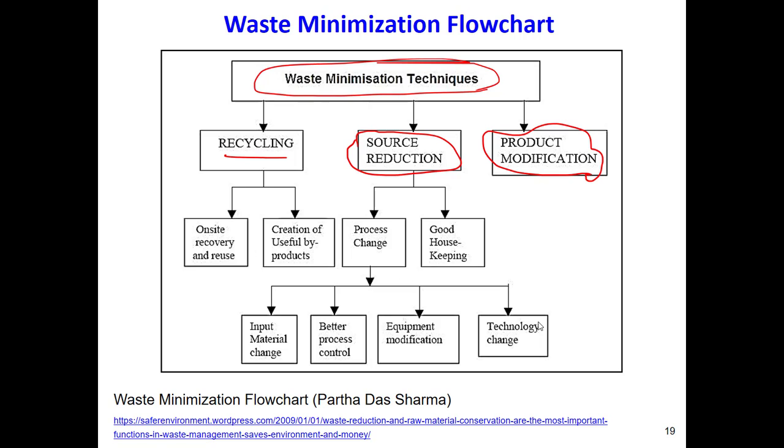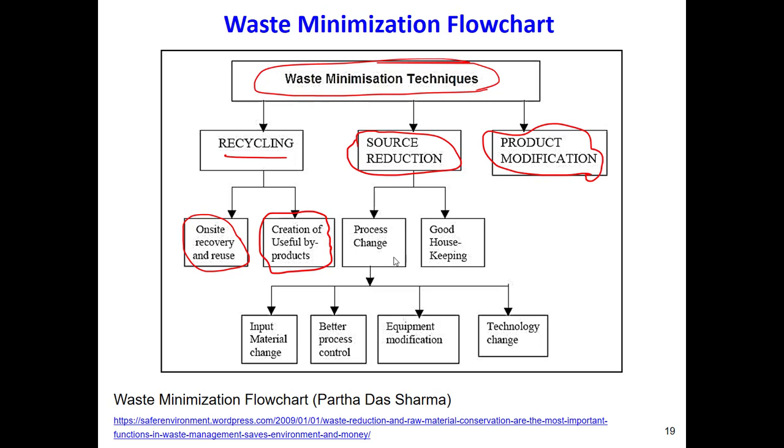Then okay, recycling, it can be on-site recovery and reuse. We can, let's say, use separators, separate some chemicals, send it back to the reactor and reuse and recycle them. Or if you are producing some waste, we can clean the waste, we can treat the waste and reuse it in the system. Or let's say producing some byproducts, okay, before wasting that component, that chemicals, we can convert them to some byproducts. This is happening in many processes.